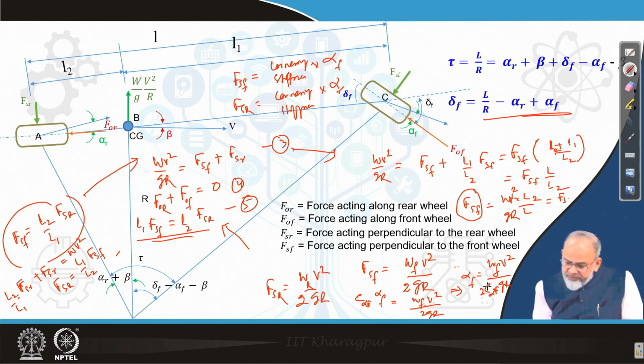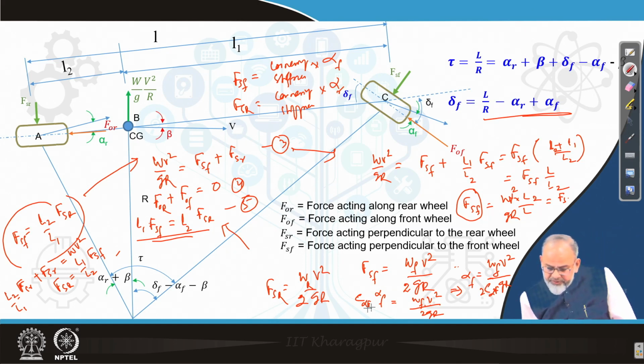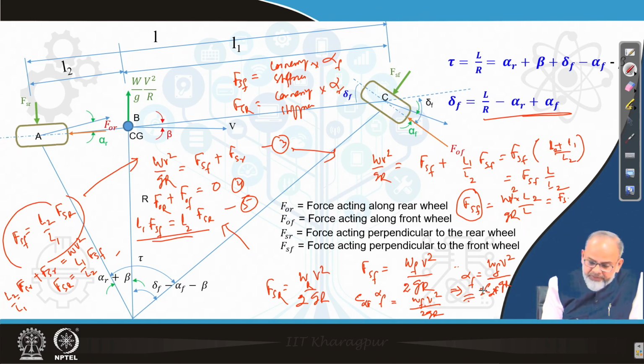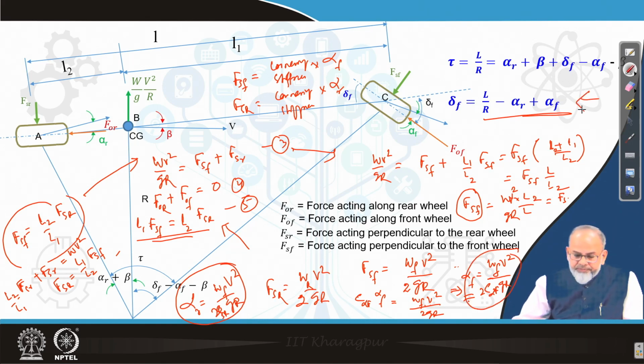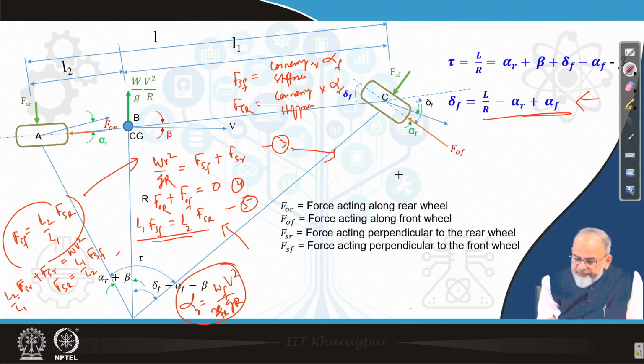Okay. So, I have found out the expression for alpha F. Similarly, I will find out the expression for alpha R, which is nothing but W_R B square by 2 C_SR into G R. Now, if I substitute this value in this equation, finally what we get is delta F will be equal